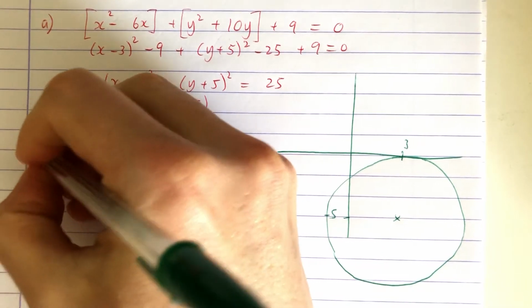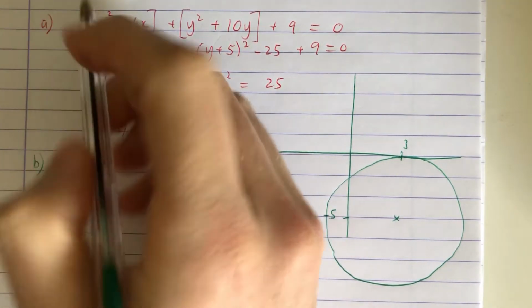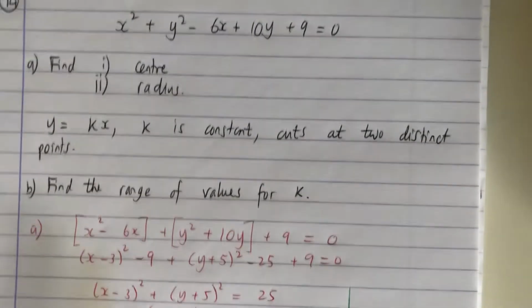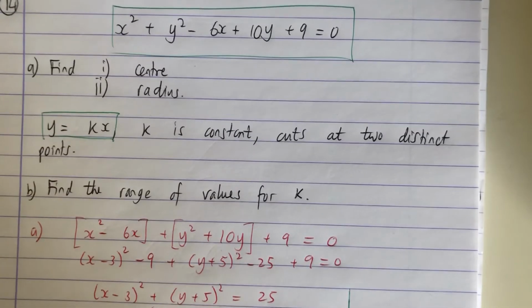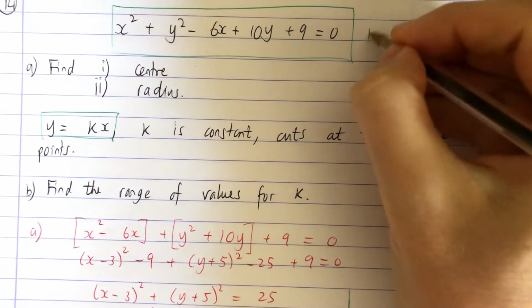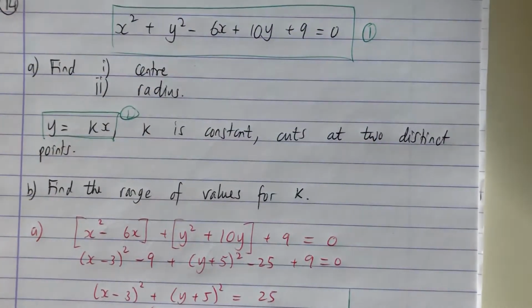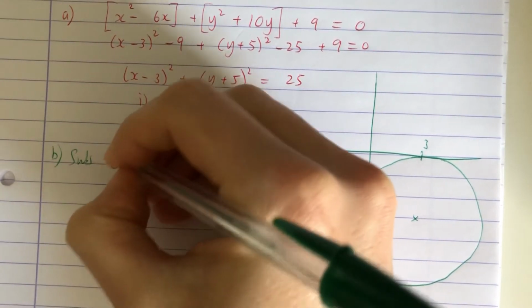So part B, use substitution, replace every single y in the original equation with kx. So call that equation 1, call that equation 2, substitute 2 into 1,